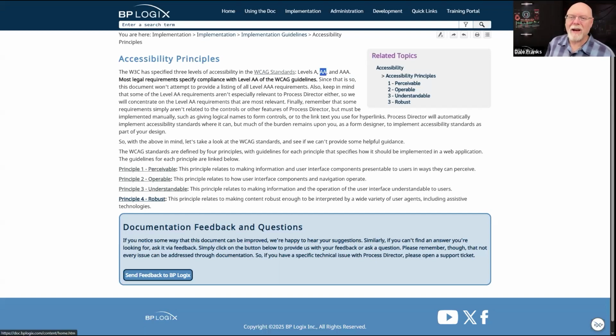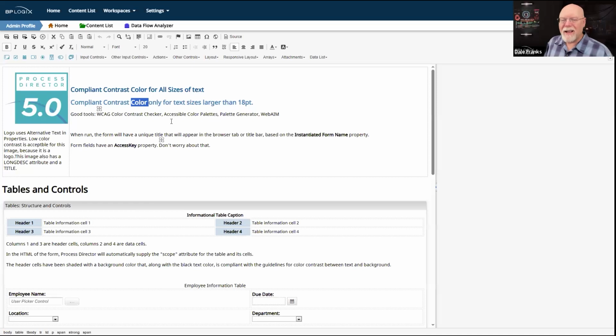So now that we have this idea of compliance and the compliance levels, now let's go back and talk about contrast colors. For any images that you have, oh, one thing I forgot about images. You should not use images of text if it is at all possible to avoid it. Again, that doesn't apply to logos. You can have as much text as you want in your logo. You probably shouldn't, although for some logos it's kind of unavoidable.